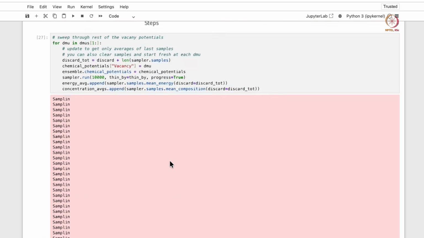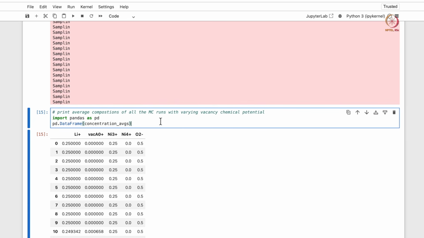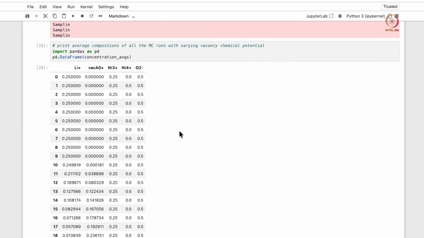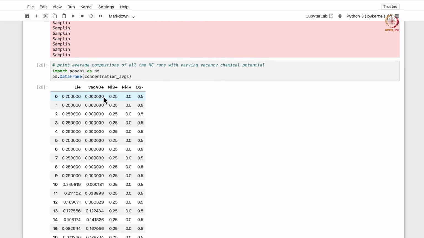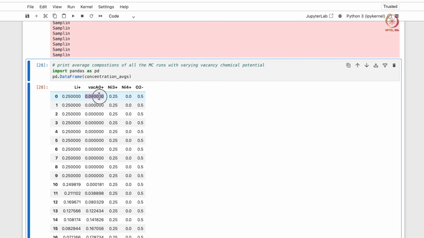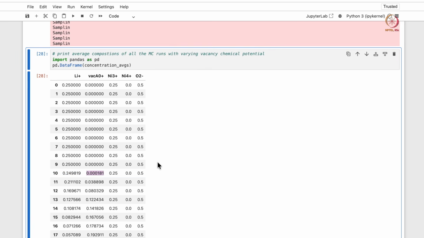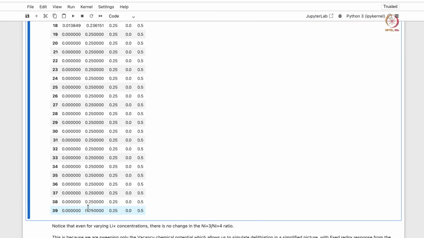The simulation is complete now. We can also see the concentration averages of all species. We can see the vacancy initially had a concentration of 0, then it is 0.00081, and the final concentration of the vacancy is 0.25.